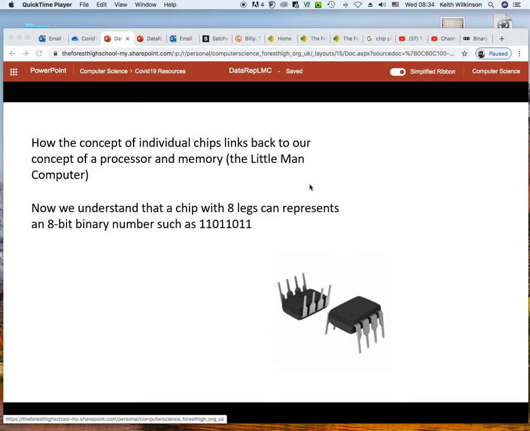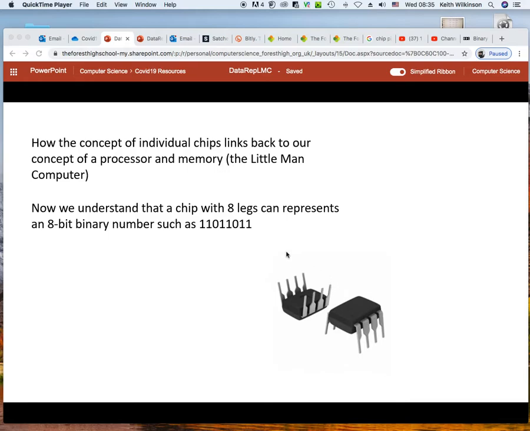This video really will not be examined. You won't see any of this directly on the exam paper, but what I want to do now that you've looked at a chip, understood binary, and looked at logic, is pull them all together and go back to maybe the first term or the first theory lessons that we did on the computer architecture and the processor, and in particular the little man computer,